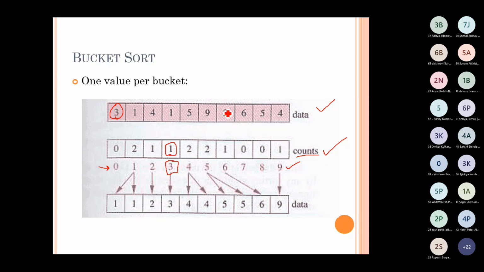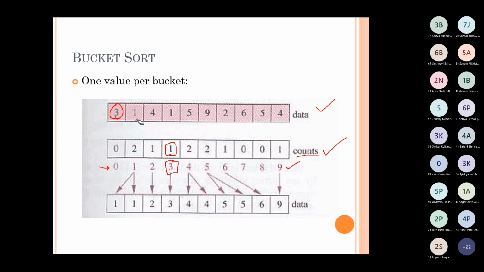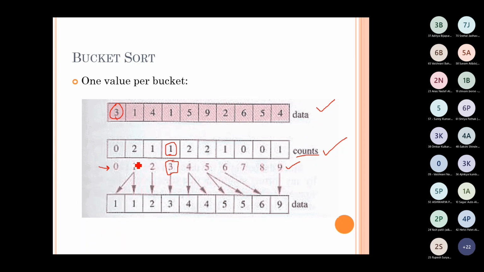Whenever I read the next element, its value is 1. That means I need to put it where? कहाँ पर डालना है इसे मुझे? Value 1 है, मतलब bucket number क्या रहेगा, 1. So I will put it in bucket number 1. So यहाँ पर डाल दिया, bucket number 1 is this one, this is bucket number 1.